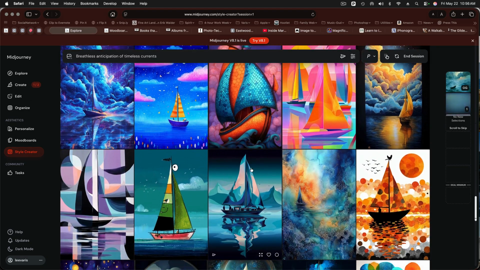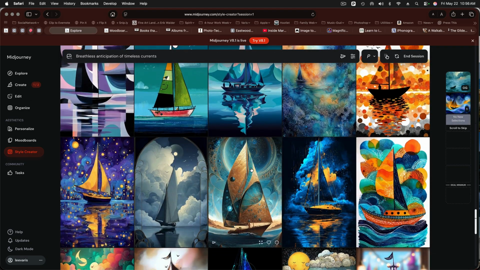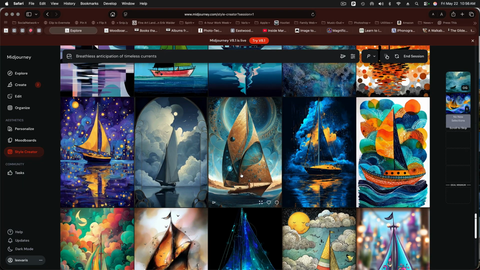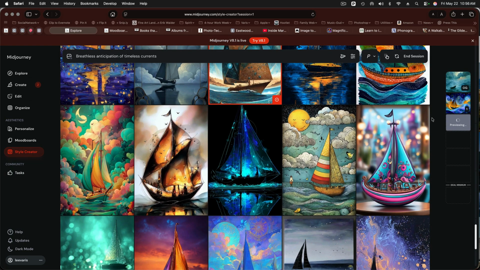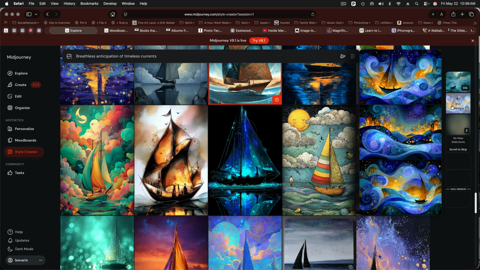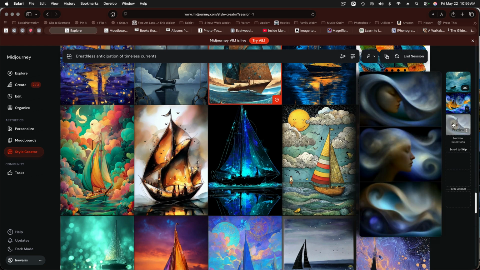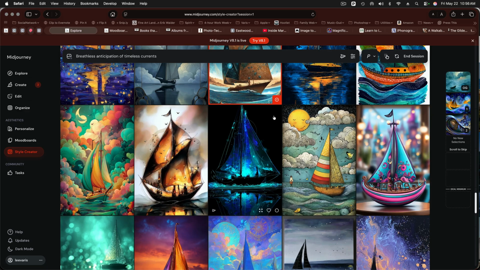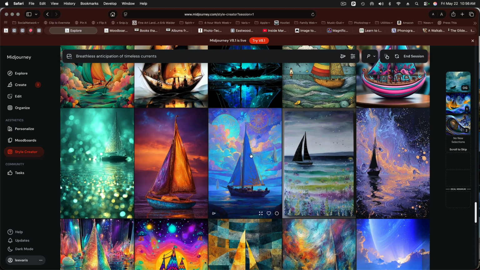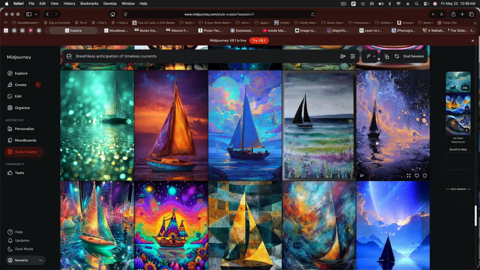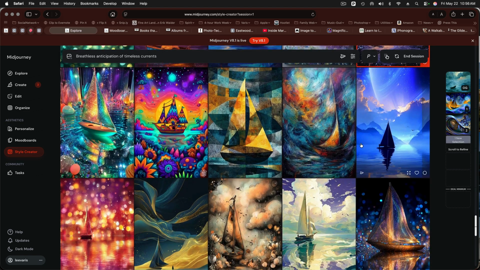Now I'm looking for new styles that perhaps can blend with that one. I kind of like this. Let's throw that in there. You can kind of see what's happening here. We're getting these new versions that are based on what I've selected, and once we get what they consider the minimum, let's try this one,